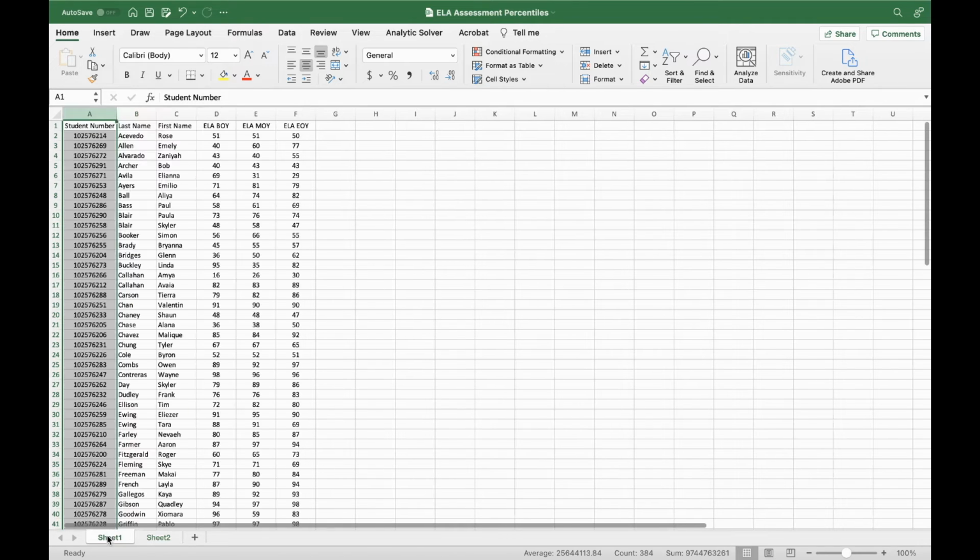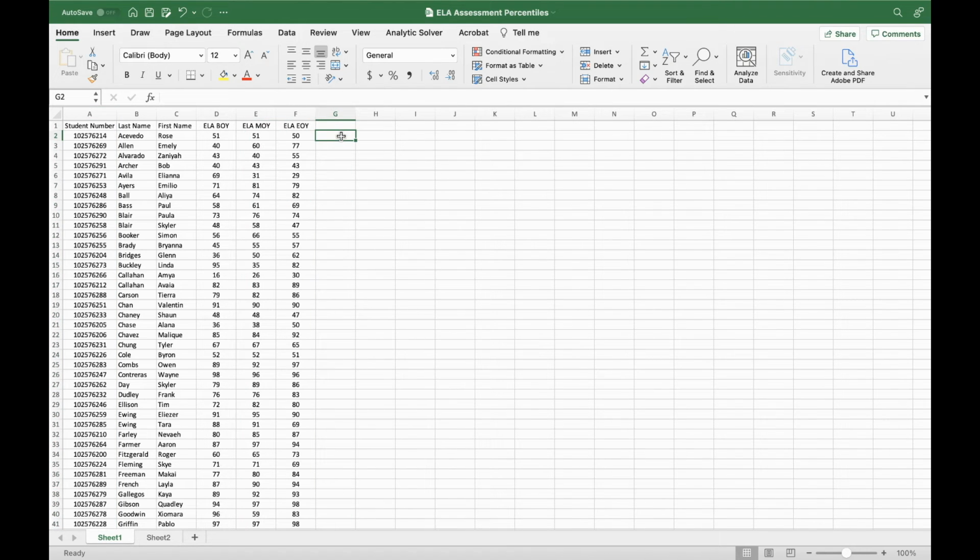Now I'll go back to sheet number 1, and I need to click in the cell where I want the first piece of math data to appear. I'd like the first piece of data to appear right here in column G, row 2, so G2. And here's where I'll type my formula. So I'll click in the formula box, and here it is, =